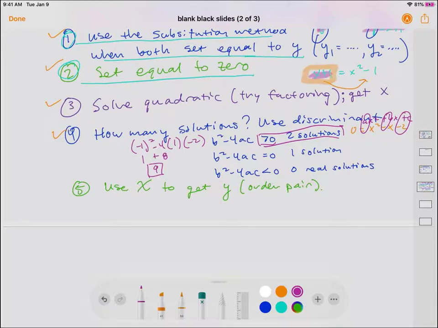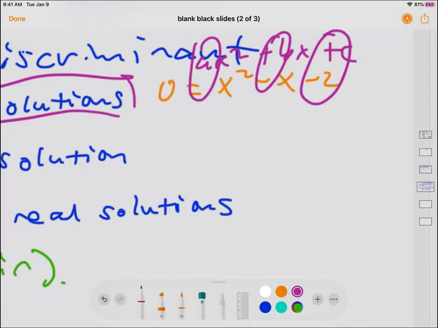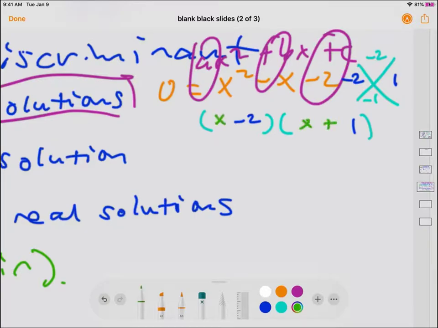Use x to get y. So we would have to solve this one over here. Let's go ahead and solve it. I'm going to factor it. A times c is negative 2, b value is negative 1. So my two numbers are negative 2 and positive 1. And so I have this. And then if you solve those,